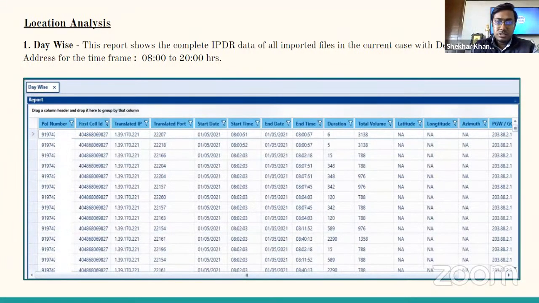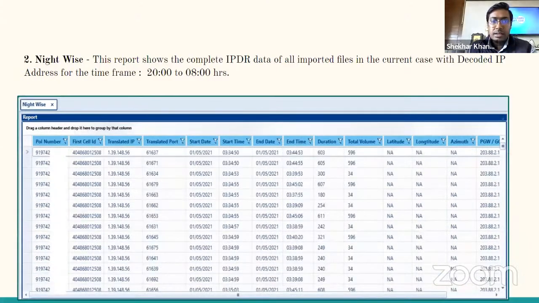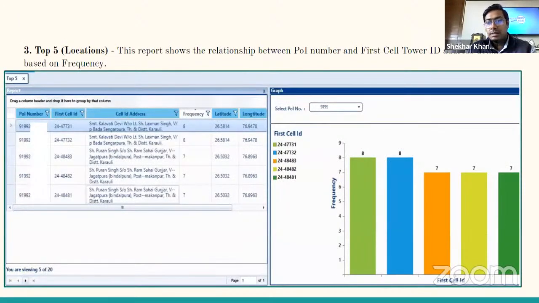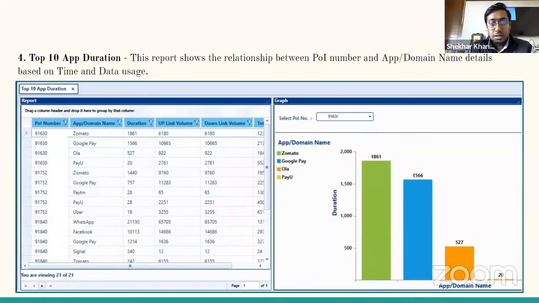any VoIP applications. So this software is capable of decoding all the IPDR data which you are getting from the various service providers like Jio and Airtel. It will simply import the data and give you the result in a simple click and share manner. We have imported some data in it, and you can see on the screen that it has decoded various app domain categories like Zomato, Google Pay, Ola, PayU, and